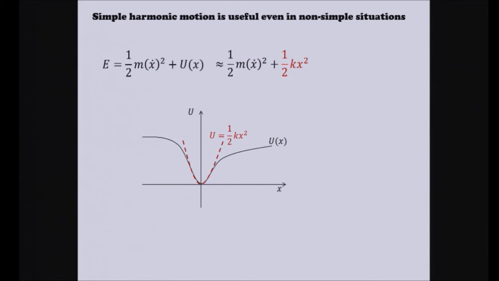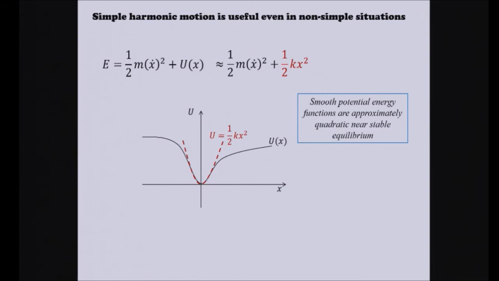And it actually turns out to be a rather good approximation for many very complicated physical systems that if you zoom in near a stable equilibrium point, if you're very close to it, it looks remarkably like a spring